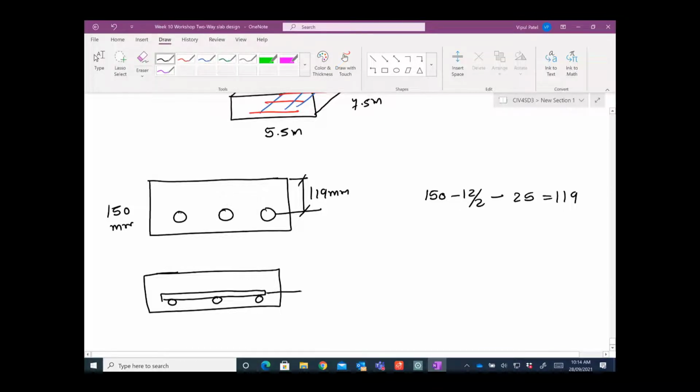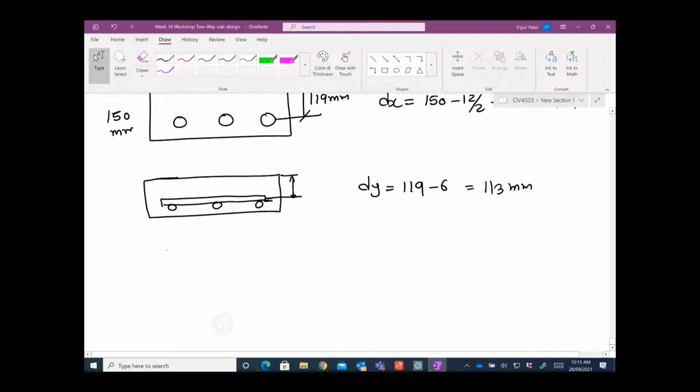So in that case, we need to calculate the d again. By the way, this is your dx. If you want dx, it is equal to 119. Now dy is equal to your 119 already, and take away another 6 millimeters. I hope you understand that. 119 take away 6, you get 113 millimeters. I hope you understand that, because if I magnify that one,